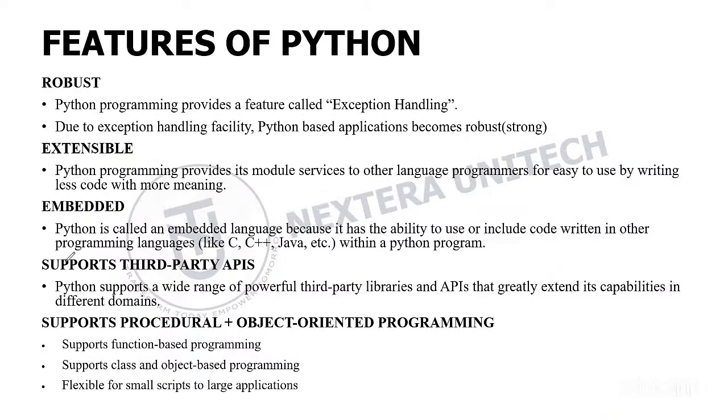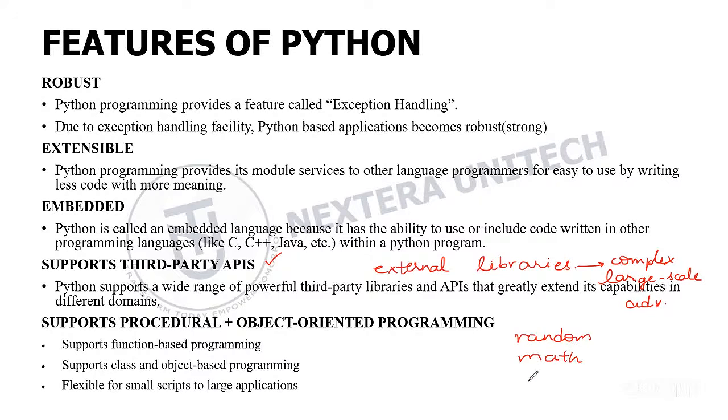And moving on to the next feature, it has extensive third-party library support. That means Python provides extensive third-party library or API support, which means that Python allows developers to use external libraries. These external libraries are developed by the Python community, and these are used to perform complex calculations and large-scale operations, and also advanced operations. So the limitation of the built-in Python modules is that the modules like random, which we discussed earlier, and math, and datetime, or OS, these are just used for basic operations. But then,